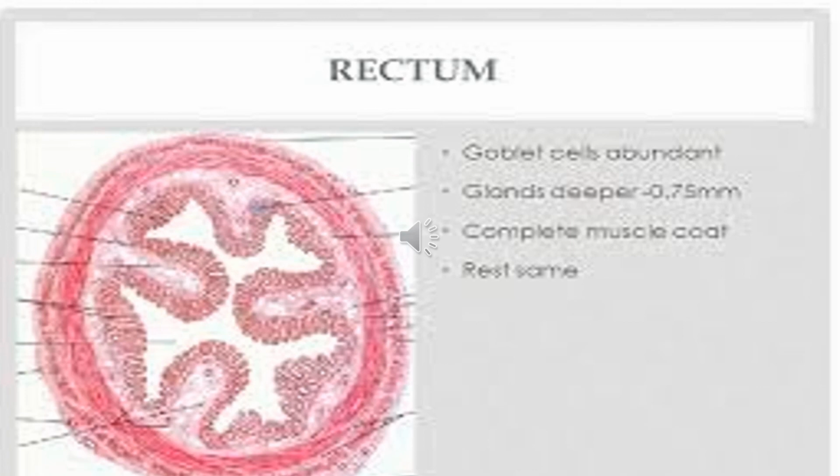So this completes the histology of the large intestine, and we have discussed the two parts of the large intestine, that is, the colon and the rectum. So I hope this is clear to you, and moreover it will be explained in the histology lecture of the large intestine, and it will become more clear.